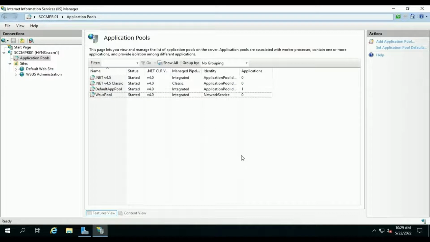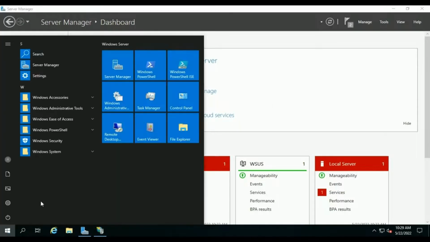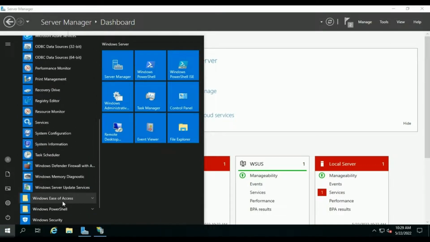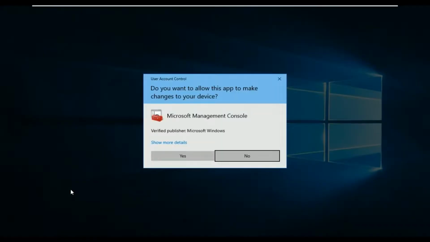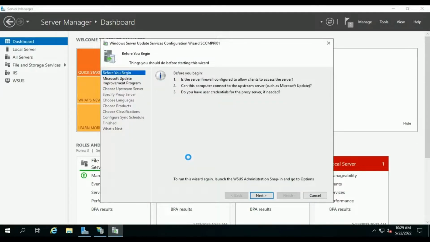Next, let's open the WSUS console. I want to show you something here. Administrative Tools, Windows Server Update Services. Look, it is prompting to configure our WSUS server, but we will not configure WSUS from here.